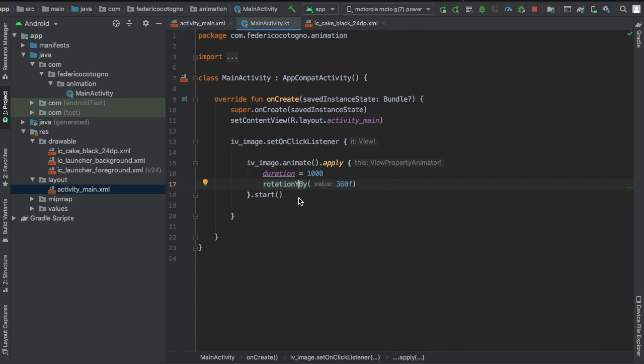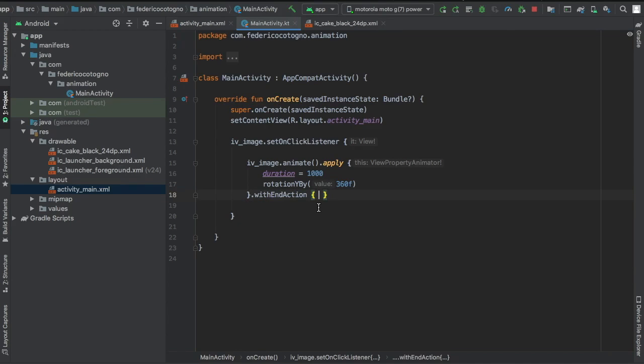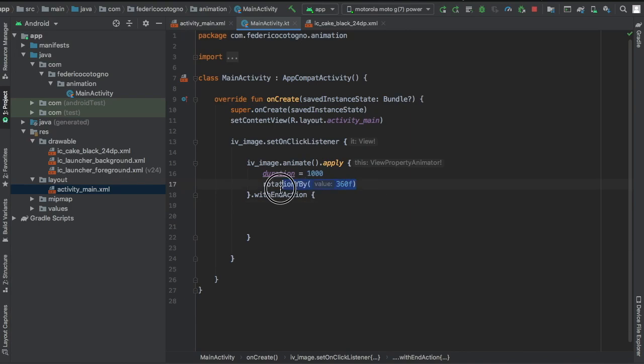But there's one more thing I want to show you before I end this video, and that is if you type in withEndAction or withStartAction, it will actually add an extra action to your animation, so you can finish the animation with another animation, or you can create some sort of program like a toast. But let's say we rotate it Y by that, and then we'll add the end action to be, actually